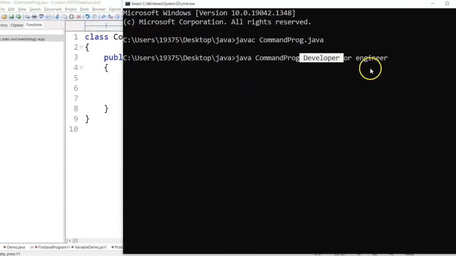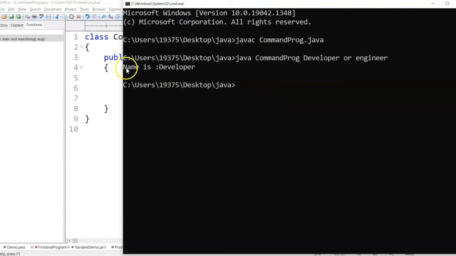I'm printing the name, but right now I'm not storing the other two strings. Let's see. Name is developer.